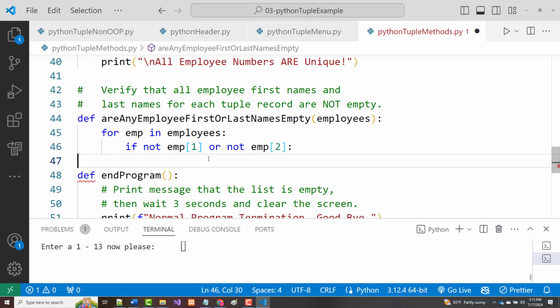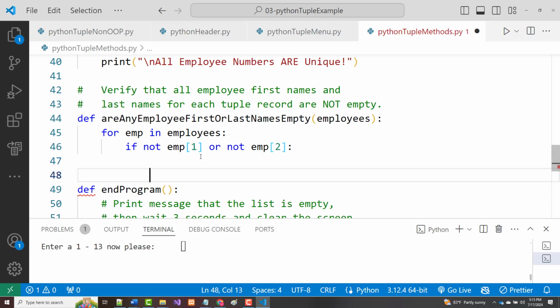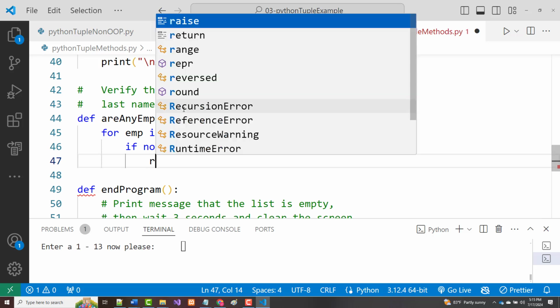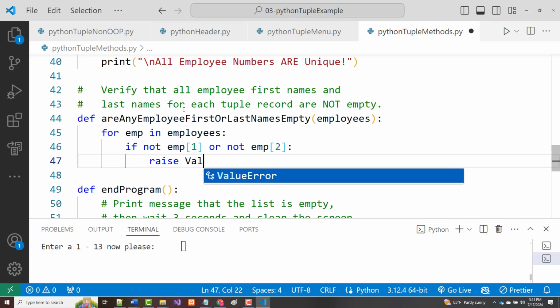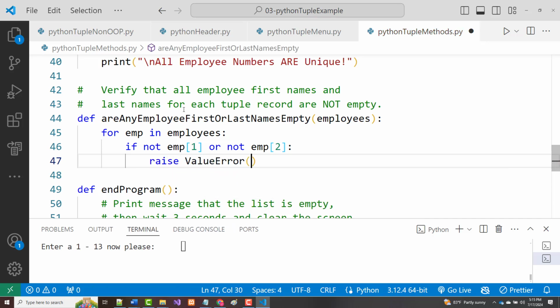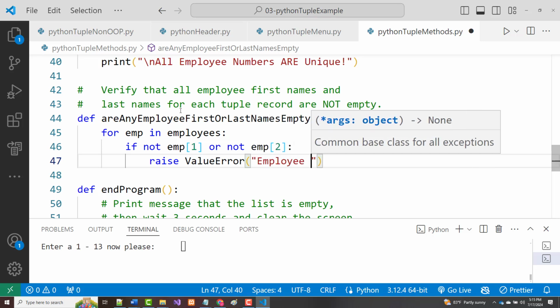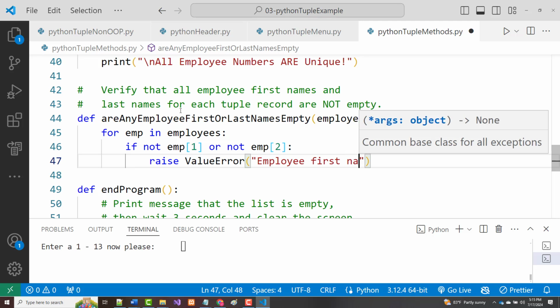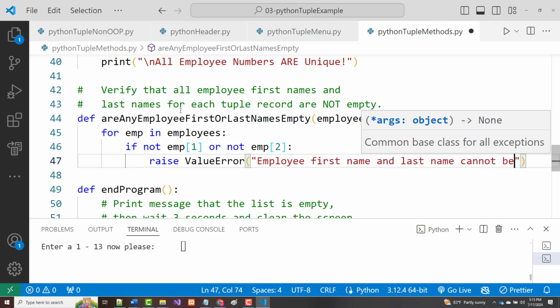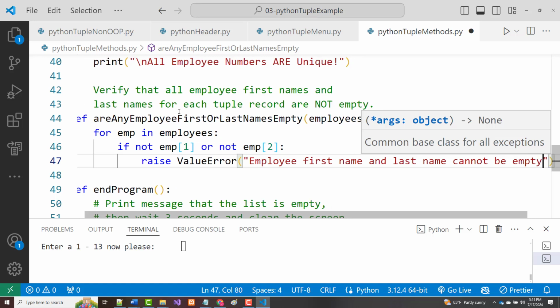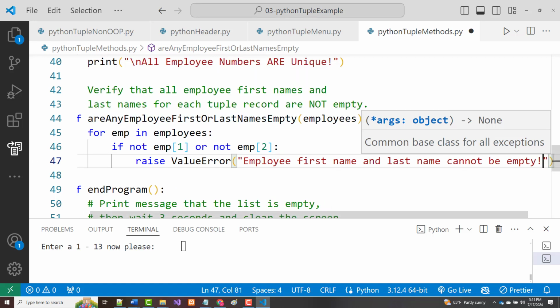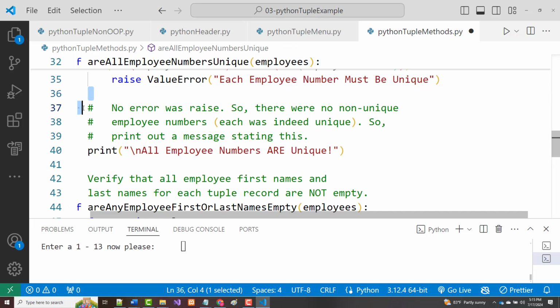There we go. So if not emp1 and not emp2, so if it finds one of those as being empty, I'm going to again raise a value error, and it's going to say employee first name and last name cannot be empty. All right, just like before,